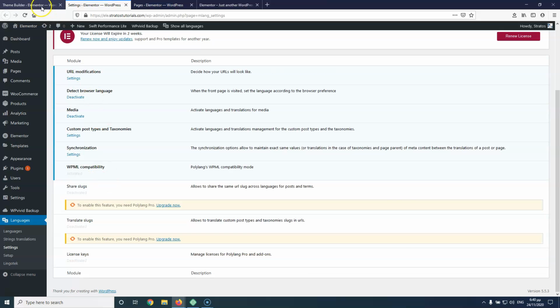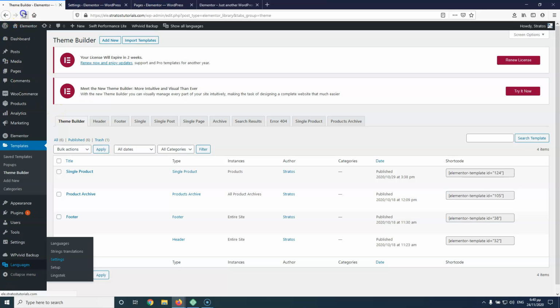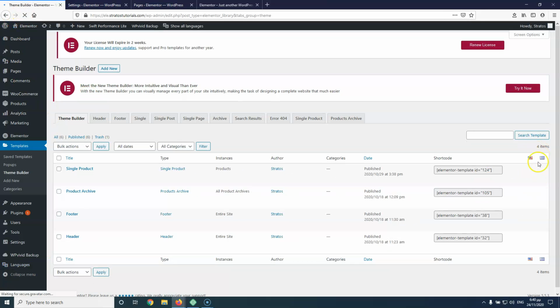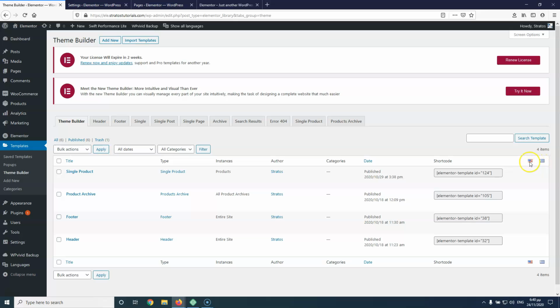Let's save changes and go back to the theme builder. I'm going to refresh that, and now I'm going to see the flags. As you can see, the English and the Greek flag. This is the American flag, okay? It doesn't matter. Now you can see that I have those options, but those are not assigned in any